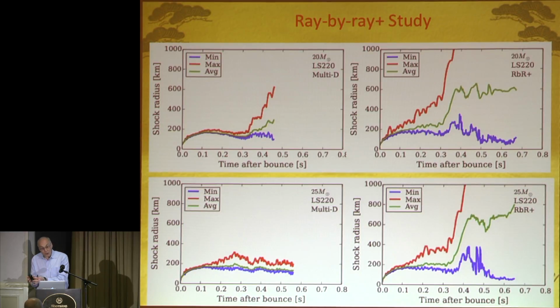And there haven't been too many codes that can actually do both. And so our recent code, Fornax, it doesn't stand for anything, okay, actually can do both. And so this is a comparison where all you do is do the calculation multi-D and then use this ray-by-ray approach. And look at the red curve. That's the maximum shock radius in a 2D simulation, 200 kilometers there. And you get it sort of, then it goes up like this. Here, it went up much more early and more significantly. Here, in this calculation with this different progenitor, the multi-D actually didn't do much, but the ray-by-ray exploded.